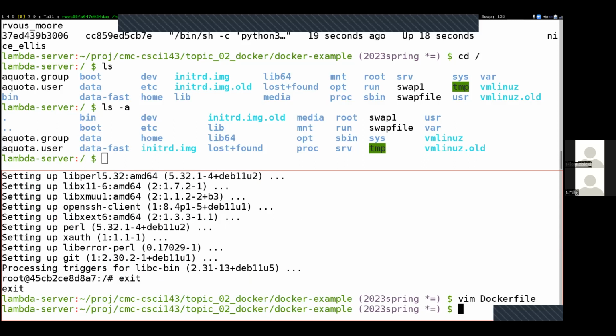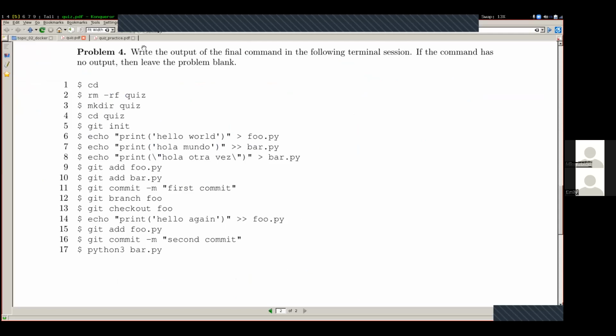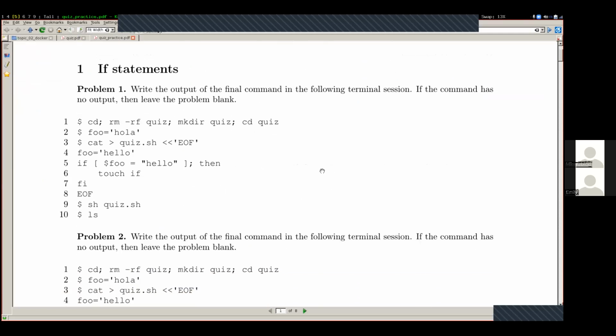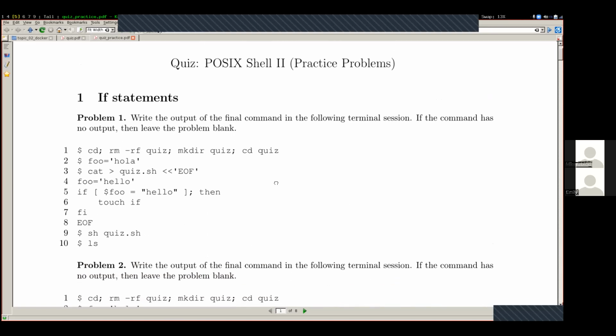I want us to move on now to the practice quiz material, because some of this is going to be relevant for the Docker commands that you'll be seeing in the Dockerfile. So in this practice quiz material,